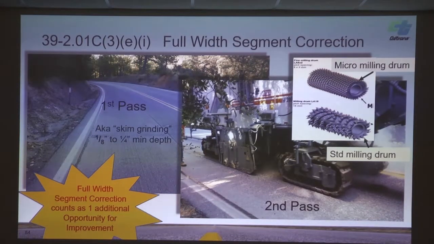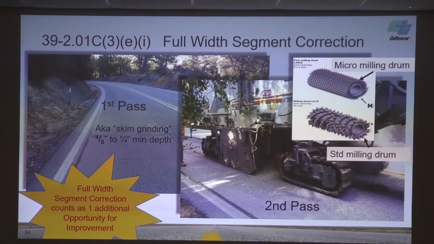The only difference between what we had before with pre-paving grinding and this is that we're not going to run the inertial profiler after they do this full width segment correction. It's just considered an opportunity to come back in and do their mill or grind or whatever, and then pay. Yeah, I'll repeat the question in case somebody didn't hear. Correct me if I get it wrong. Once you do this full width segment correction, are we going to require the contractor to run the profiler on that? No. They will probably, but we're not going to use those values.